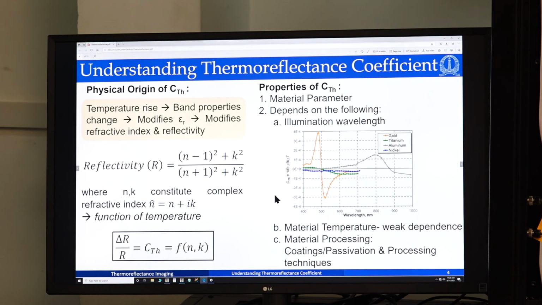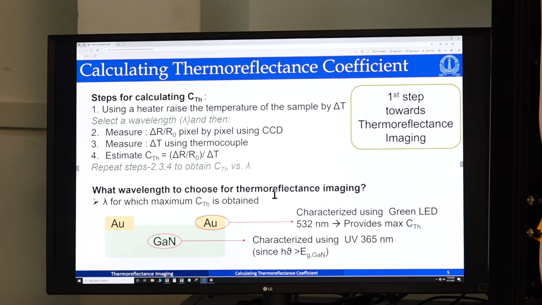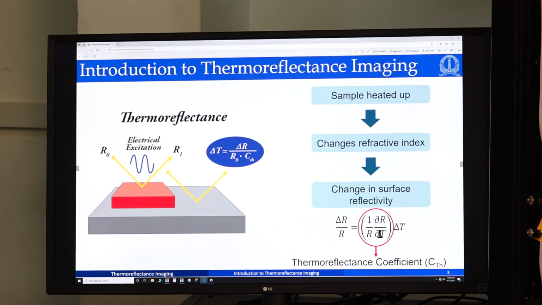So given this aspect, what would be the steps for calculating the thermoreflectance coefficient? If I go back to the formula that is here, to get this value, I will set a known value of delta T, and the CCD will measure this delta R by R, the change in reflection.